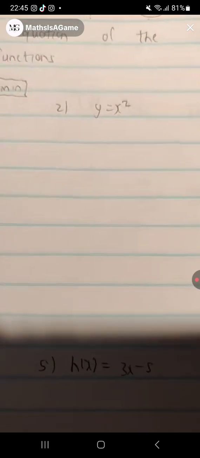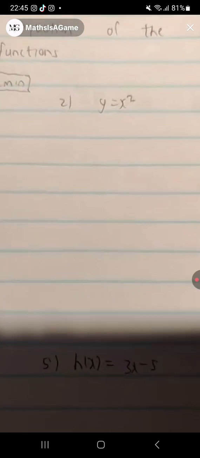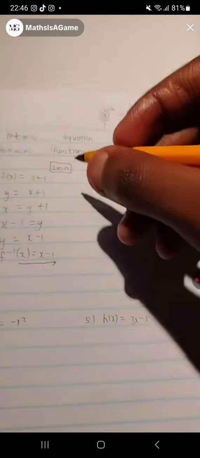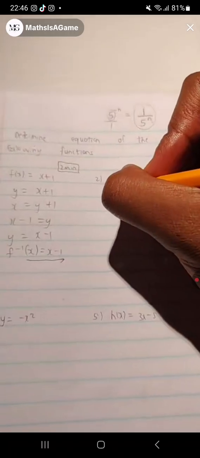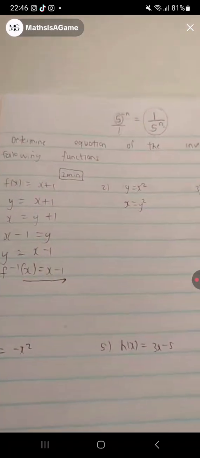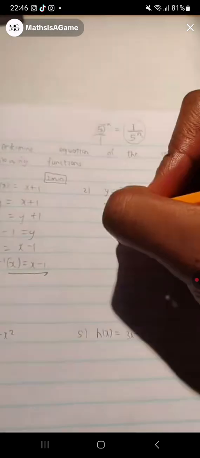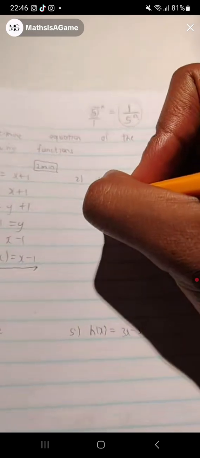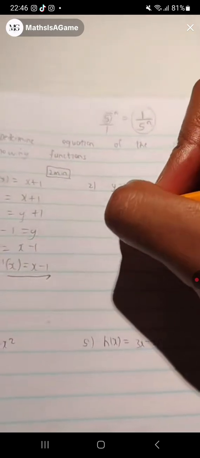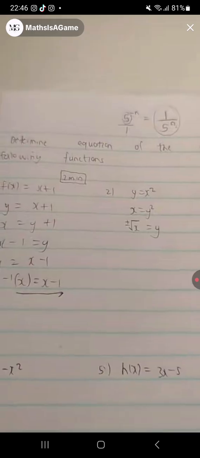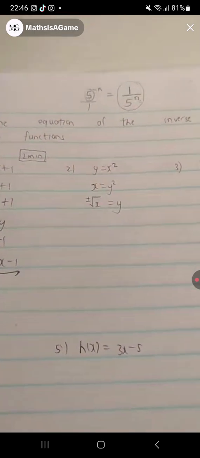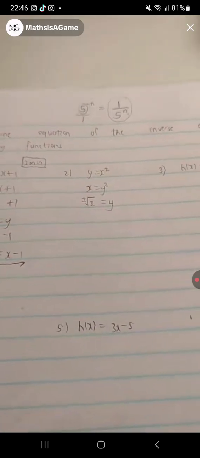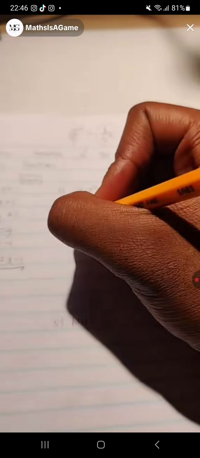Yes, precious. Yes. Okay, so now when we go over it, as usual, x is equal to y squared. We don't have f of x, so I'm just going to leave the answer in terms of y. Take the square root on both sides. But remember, when you take the square root on both sides, y is equal to plus or minus the square root of x.